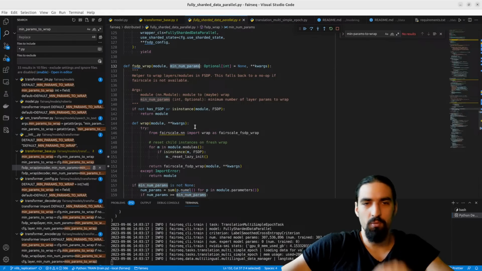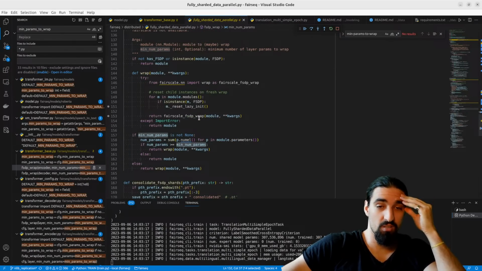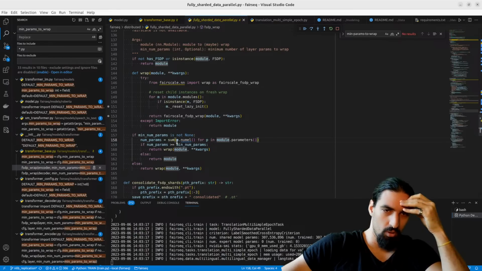And then minimum number of layer params to wrap. If this is not none, then we go through the module, we grab the sum. If this is bigger, then we wrap, otherwise we do not wrap. Okay, got it.